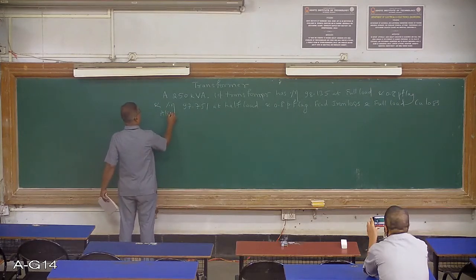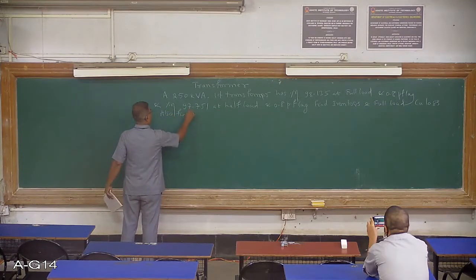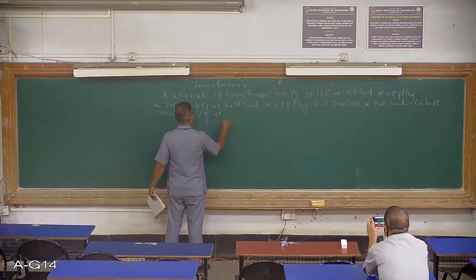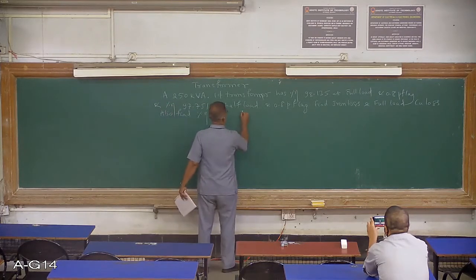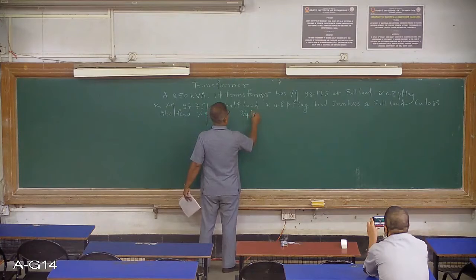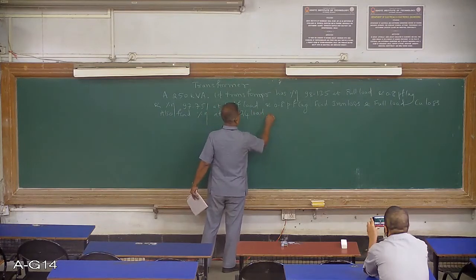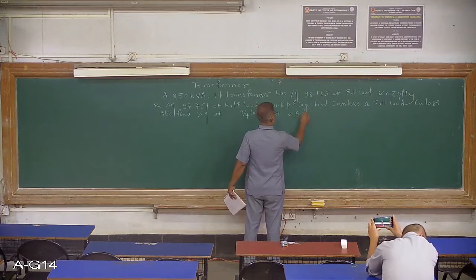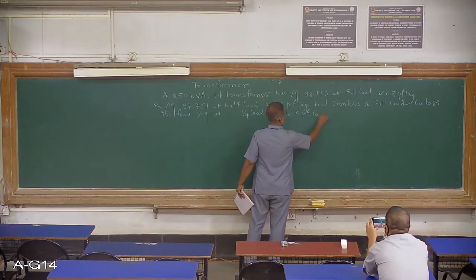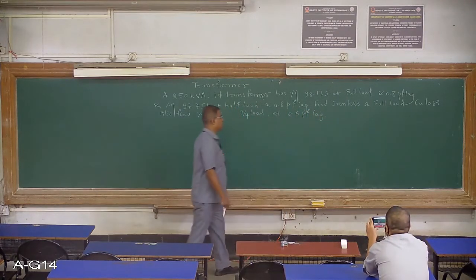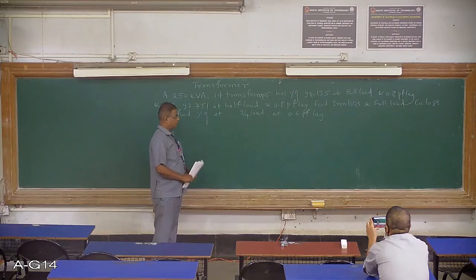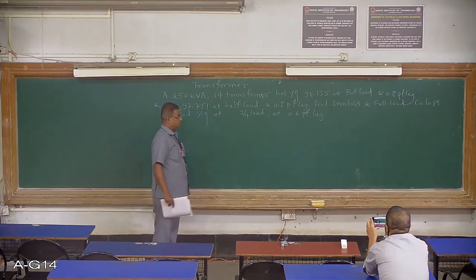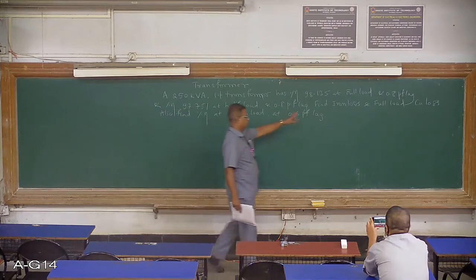Also find percentage efficiency at 3/4 load at 0.6 power factor lag. So this is a typical problem wherein the efficiency of the transformer at full load 0.8 power